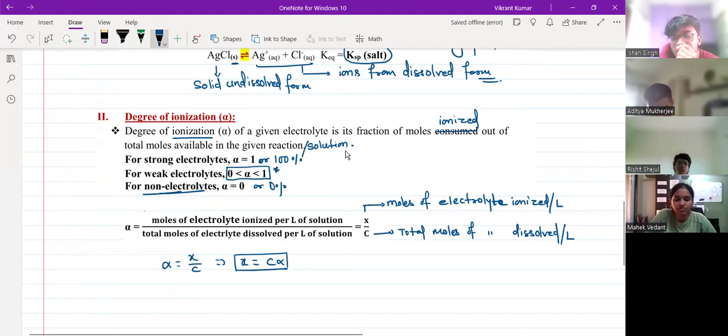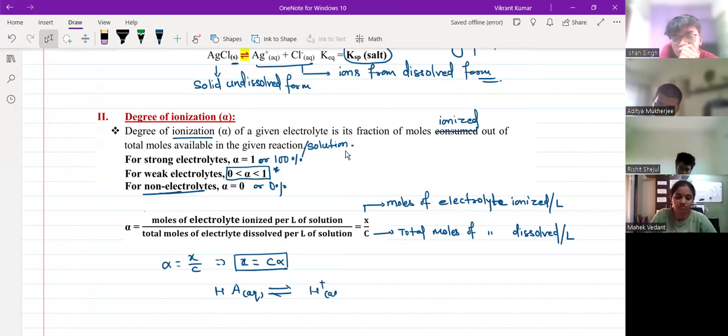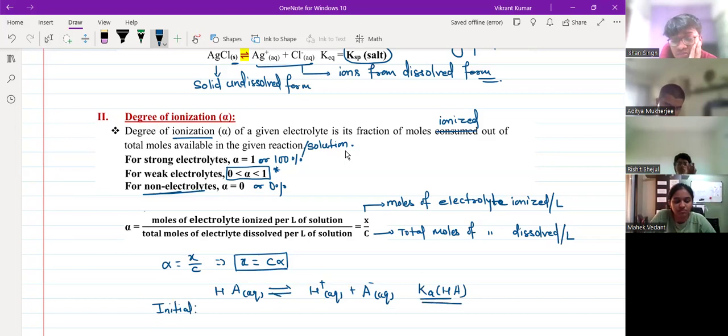So suppose I am giving you some weak acid. The sign of a weak acid is that here we will be getting the reversibility sign. It will have some equilibrium constant, which I have written as Ka of HA. Initially, without any ionization, it will go this way only if it is a weak electrolyte. Obviously the K value is given, and if that value is less than 1, then it is a weak electrolyte. Otherwise, they don't give you the value of K if it is a strong acid. For HCl and HBr they will never give you the K value. Even if they give it, it will be more than 1, so we'll understand that it is a strong electrolyte.